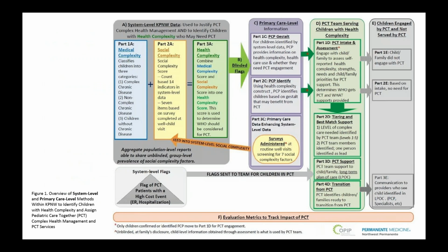Okay, so the summary that you hopefully all read beforehand is anchored to the one-page overview visual provided in Figure 1 and shown here. Within this figure in the document, there are hyperlinks to the specific components of the PCT model. Within each section, we provided you with specific examples of the tools, methods, and frameworks developed. As you can see, we outlined 6 main components of the PCT program that were conceptualized, developed, and piloted by